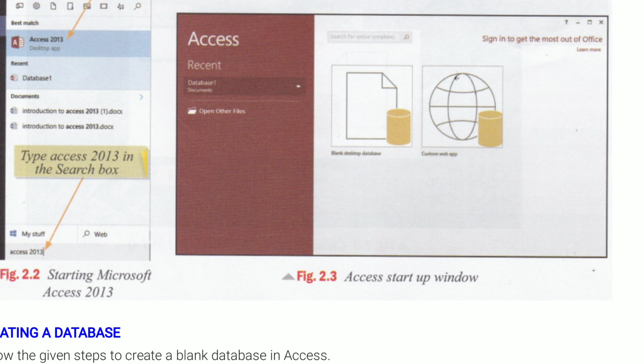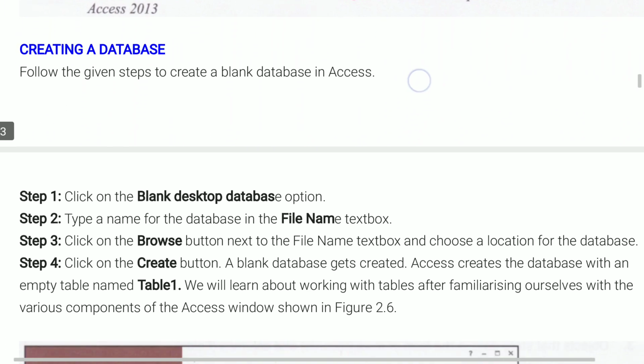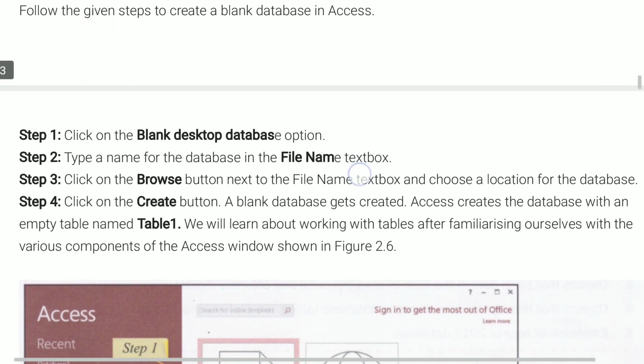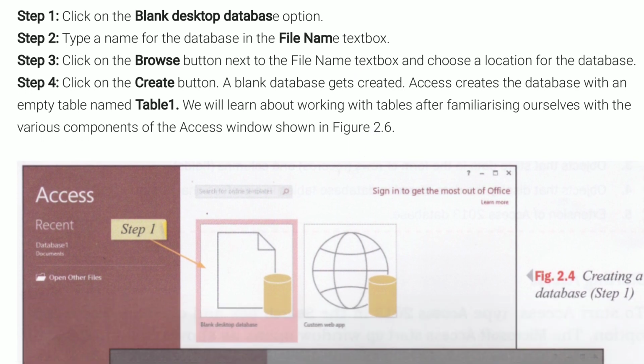Now the next point is creating a database. In this, I will explain creating a database. As we open the database software Microsoft Access, we get the screen as you can see in this picture. In this, click on the first icon, that is blank desktop database.